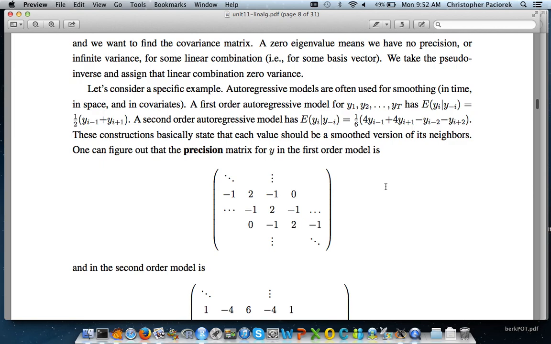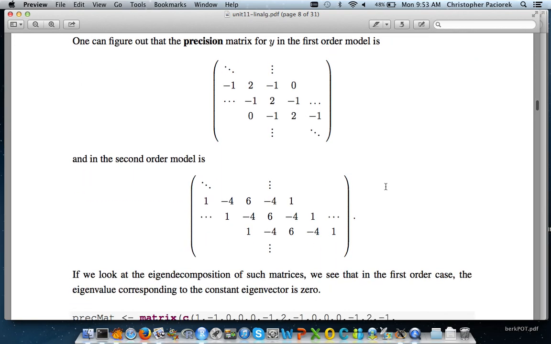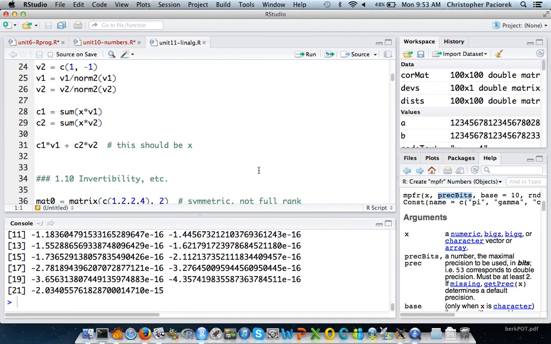So it turns out if you have these autoregressive models, you can figure out that the precision matrix for y for this first order model looks like this. The guys on the diagonal are the number of neighbors, in this case 2, or the weights on the neighbors, which sum to 2 here. And the -1s say that these guys are neighbors. Suppose this is the 2 element of the matrix. This says the first and the third time points are neighbors, that's what the -1s correspond to, and so on and so forth. And in the second order model, we end up with a precision matrix that looks like this. Where this comes from is not all that important, but the thing to see here is that if we